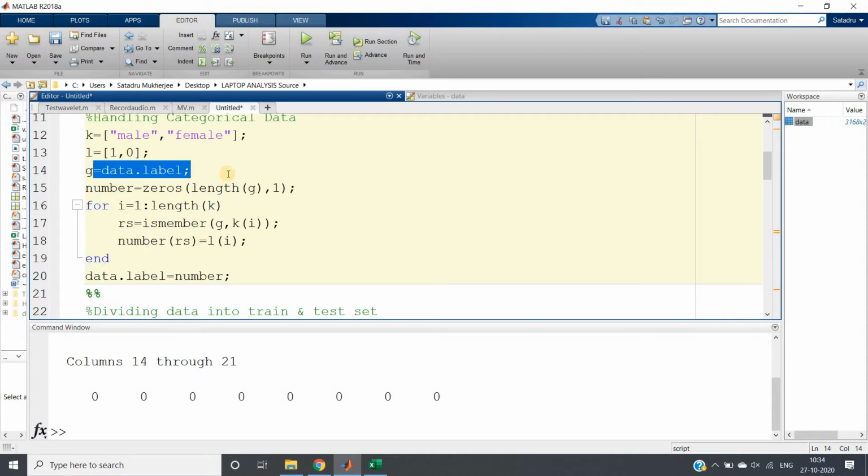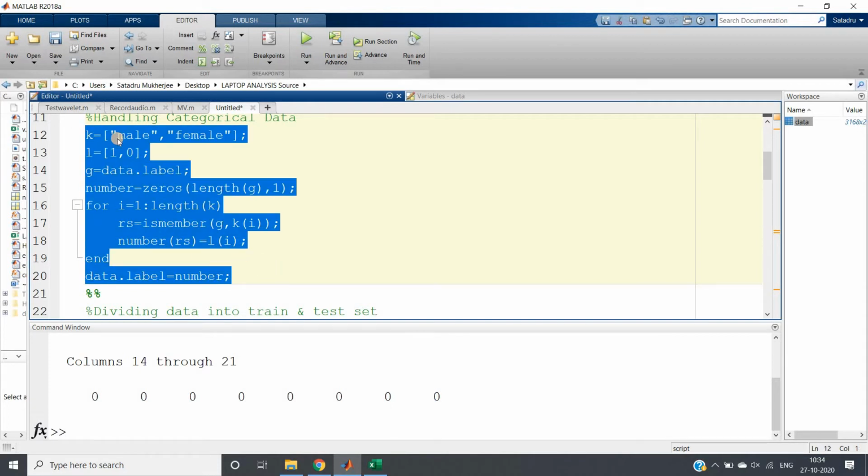We are extracting that label and creating one array of same length. Okay, we are traversing basically in all the distinct values whatever we are storing here. We are checking whether that particular member is present in which locations in this label, and in those positions we are making these particular index values. Okay, the explanation already I have done in feature engineering. In case of categorical data handling, you can check there.